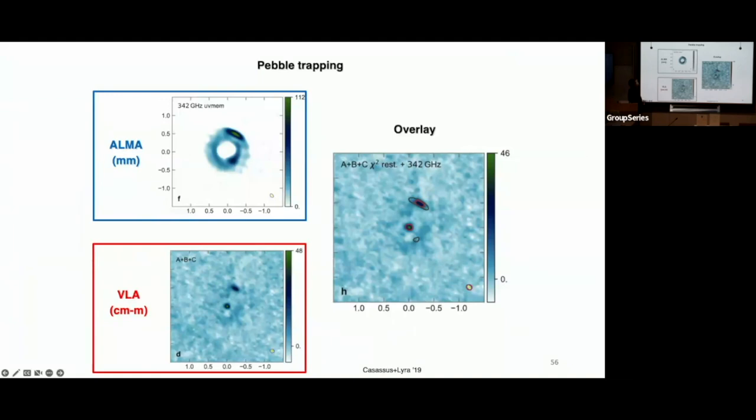So much sharper features there, you see. So you can combine the ALMA observation with the VLA observation. You fit them here and you see that the VLA contours are indeed smaller than the ALMA contours. So this fits with the results that we get from the